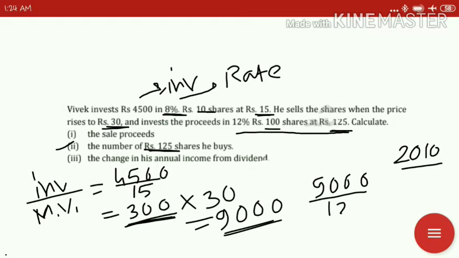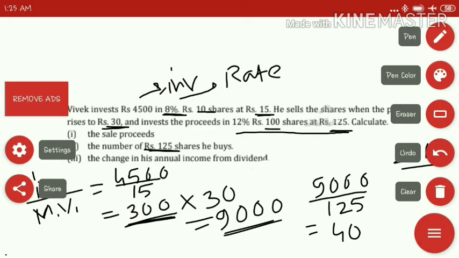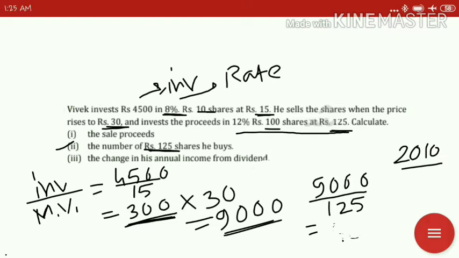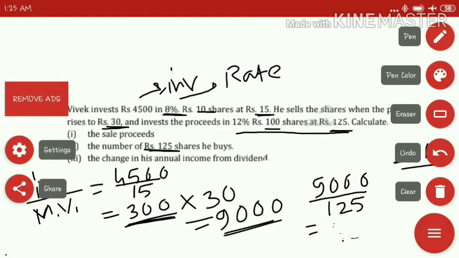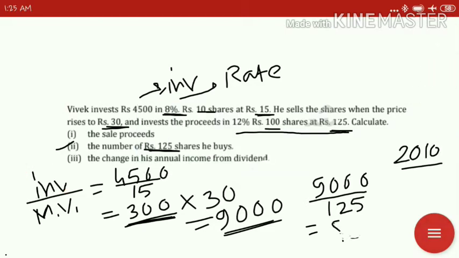So this 125, by dividing this one, you can easily get the answer that it is 40. So he has purchased... it will not actually be 41. The answer will be... if you cancel it further, the answer will become 8. That means 80. So the answer, you will see that it will be 80,